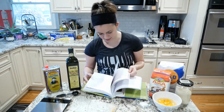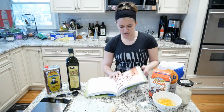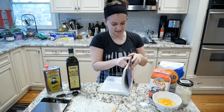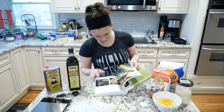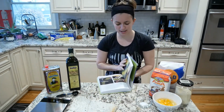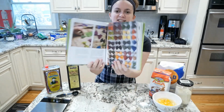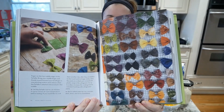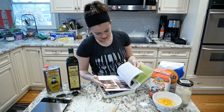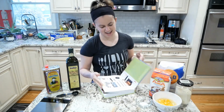And so when I got her cookbook, I was very inspired. And I've made some of her recipes, the more simple ones. But I mean, she makes polka dot pasta, which is really awesome. And then she also makes rainbow fettuccine, all kinds of striped pastas. Really, really fun. Definitely more time consuming to make. Not something you're gonna make for your average weeknight meal, but I just really love it. She's one of the chefs that really inspires me. Her videos on YouTube are great. And definitely a fun cookbook to make. Again, this is very specialty,